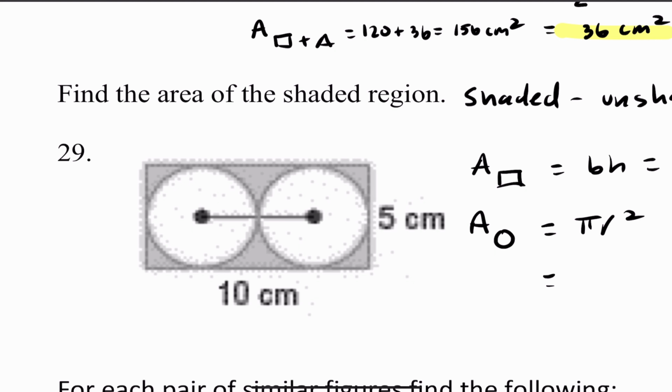So if this whole thing is 10, right, then basically this here, from the center to the circle, this has to be 5. If I cut it right here, this is 5 and this is 5. All right, so once again, this whole thing is 10. And if I split it, this is 5, this is 5. So the radius